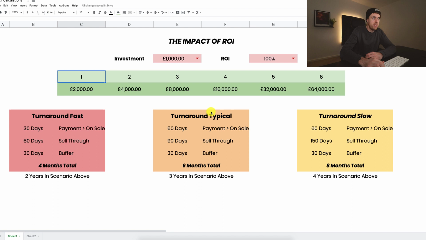So a typical turnaround, we'll look at this one in the middle here, after you've paid your final payment for your product, that you have seen the product, the supplier has made it, it's all ready for you, you've had it inspected, you confirm it's the quality that you need, and then what you're going to do is you're going to pay your final balance on that product. You're going to put your investment down into that product, and you're obviously committed at that point.